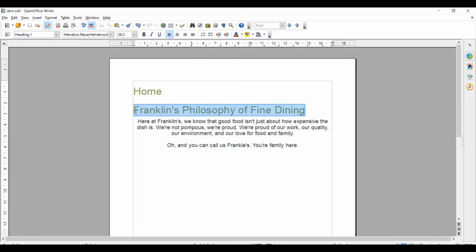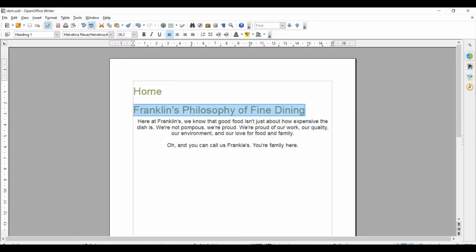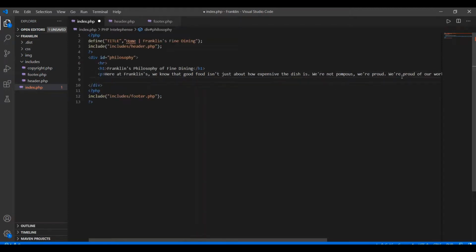You can also write your content in a simple text file and include that in your HTML file simply by copy and paste. Here I'm going to write another paragraph, and in this paragraph I'm going to include this line, copying it from here and pasting it here.